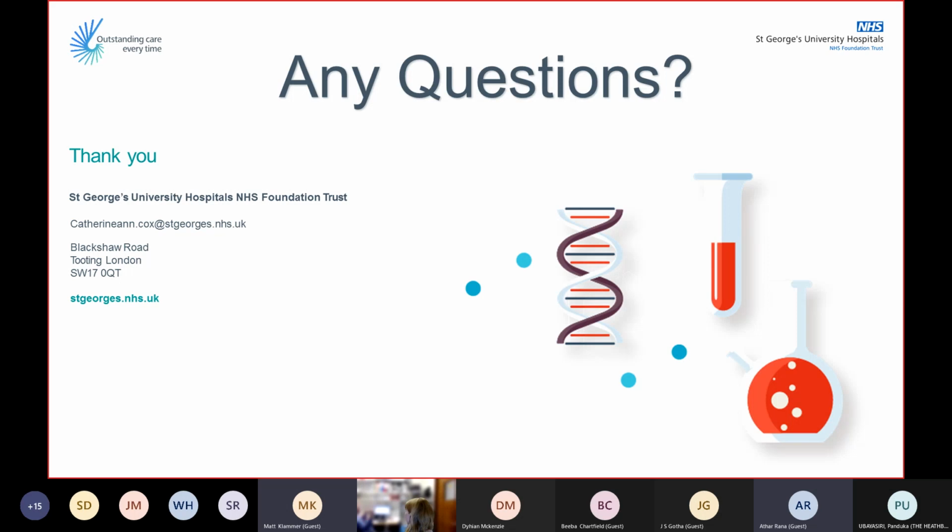Hello. Could you explain what to do when TIBC is low and iron level is low and ferritin is normal and FBC is normal? What do you do in that situation? Who do you want to answer this, myself or Cass? I give Cass the first response. So you have a low total iron binding capacity. You've got a normal ferritin and a normal hemoglobin. Yes, normal FBC, normal ferritin, low TIBC, low serum iron.